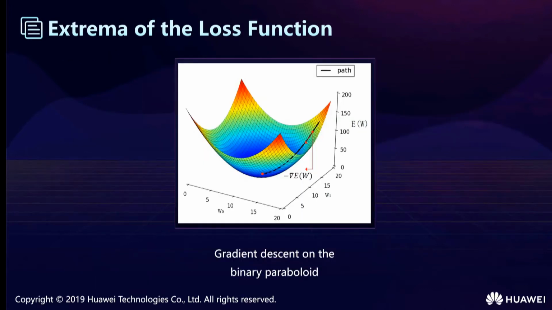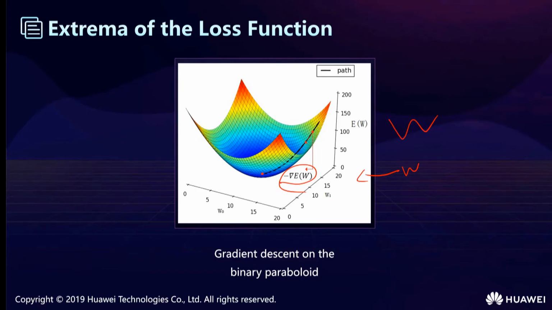The independent variable of the loss function, W, is the weight. So the function is defined over the weight space. Then we need to search for a weight vector W that minimizes this function. Unfortunately, the formula defines a very complex high-dimensional curved surface. It has high dimensions, so there's no effective mathematical method to calculate the extrema of a high-dimensional curved surface.